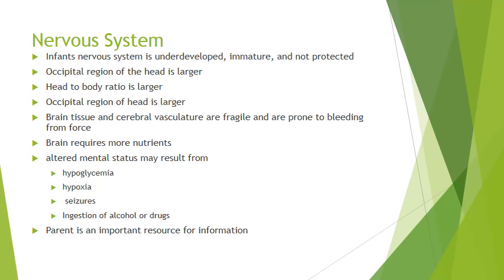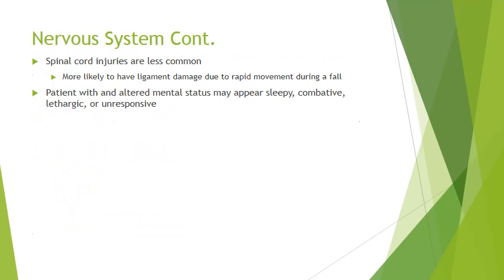The brain requires more nutrients. An altered mental status may result from hypoglycemia, hypoxia, seizures, ingestion of alcohol or drugs. The parent is an important resource for information because